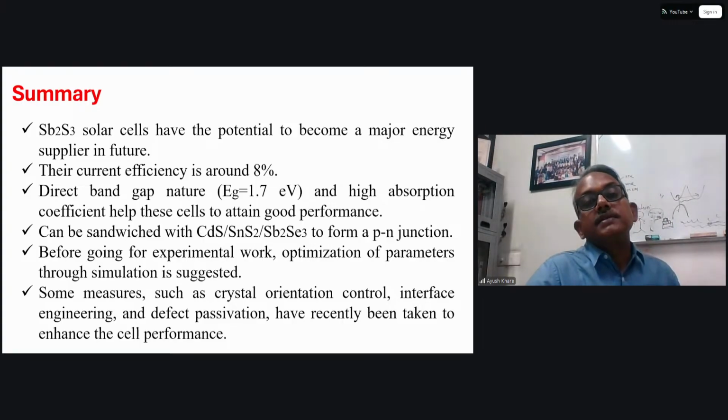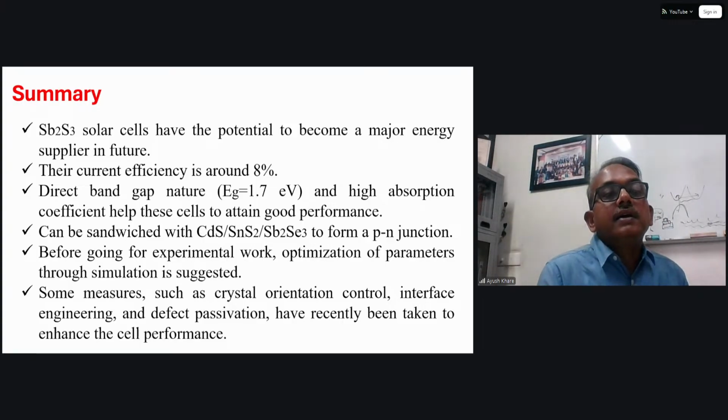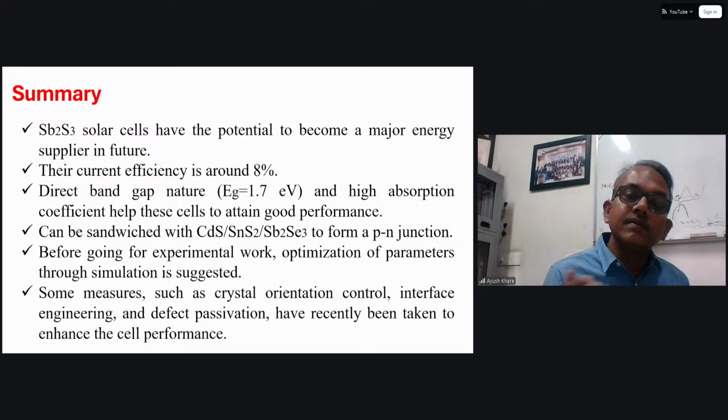To summarize, I can say that these Sb2S3 solar cells have the potential to become a major energy supplier in future. If the research and investigation on these materials keeps going in the same way, then very soon we will be crossing the 15% mark of their efficiency. And their current efficiency, as I told you, is